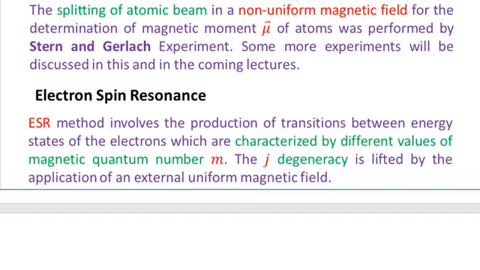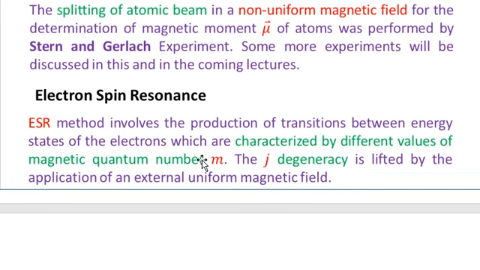So in today's lecture, I shall be talking about electron spin resonance. The electron spin resonance, abbreviated as the ESR method, involves the production of transitions between energy states of the electrons, which are characterized by different values of the magnetic quantum number m. So you see that when we apply the magnetic field, what will happen? We have electron energies in different states corresponding to different values of the magnetic quantum number, and the transitions between those states will be referred to as the